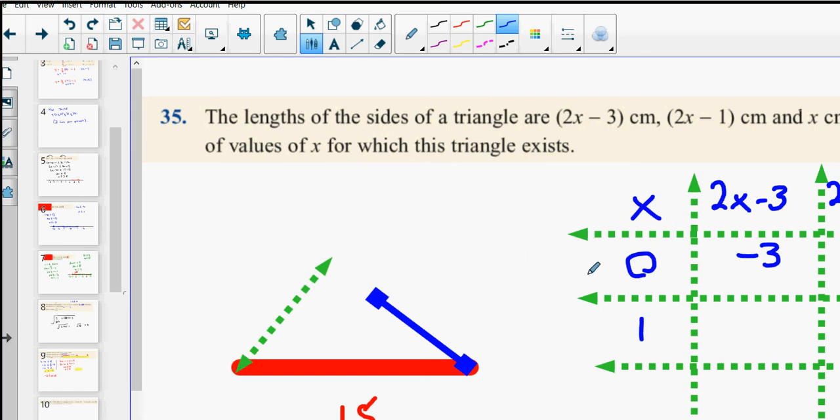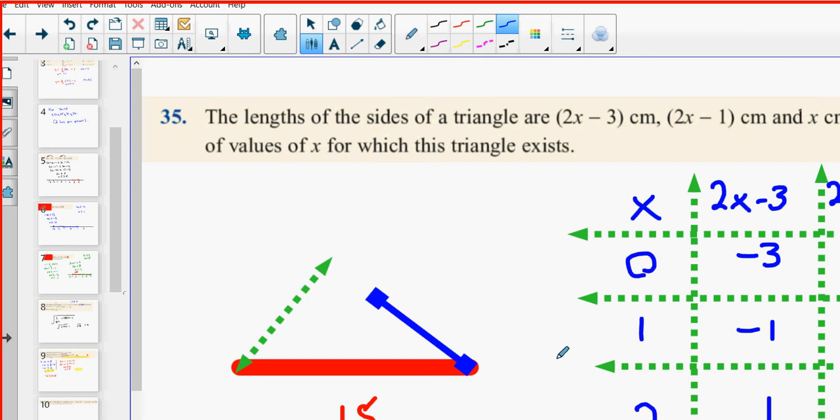Why not? 2 by 1 is 2. Yeah, and then the other one is? 2. Yeah, it's just 1. Okay, what about 2? 2 times 2? 4, take away 3. One of the sides will be 1 and the other side will be 3. The two smaller sides added together equal the big side. So that's good. Anything bigger than